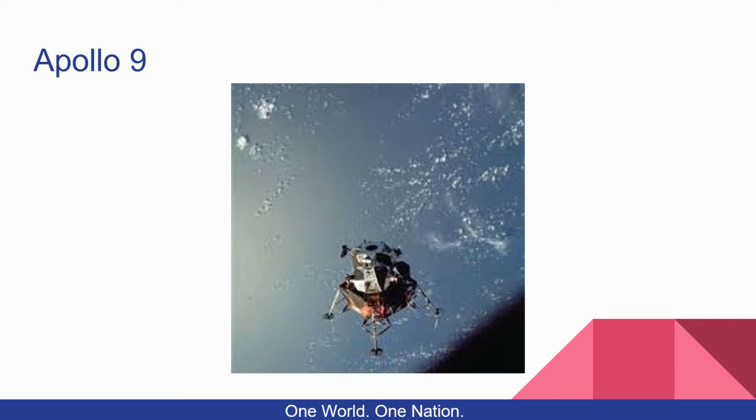Apollo 9 launched on March 3, 1969. It was a manned mission with astronauts James McDivitt, David Scott, and Russell Schweickart. The main goal of Apollo 9 was to test out the lunar module with the crew. Everything worked according to plan, and the lunar module was shown to be effective. Apollo 9 became the first mission to dock the lunar module. One minor incident was that re-entry was delayed by a little bit due to rough seas in the landing area. But overall, it was a successful mission.